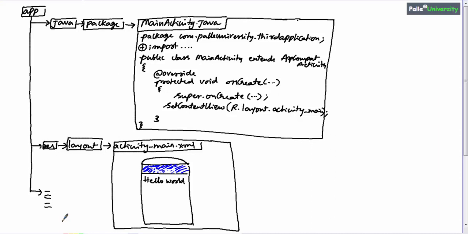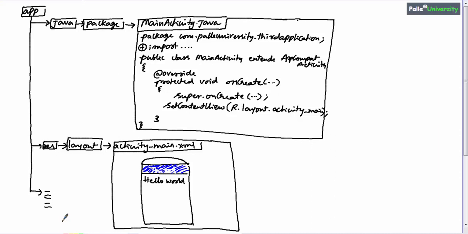Now, assume that in our application we have one screen, which means one activity. From now onwards, I will be calling every screen as activity. So, whenever I say activity, I mean it is a screen. So, let us say in our application we have an activity. We know that for one activity there will be two files, one Java file which contains some code like this, and one XML file which contains the screen design of your activity.